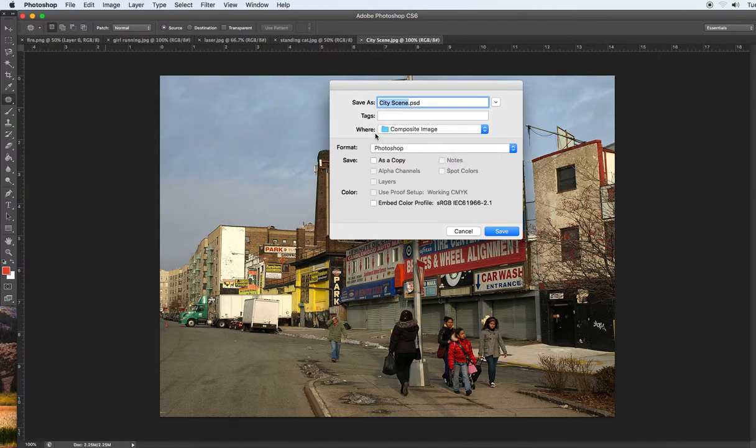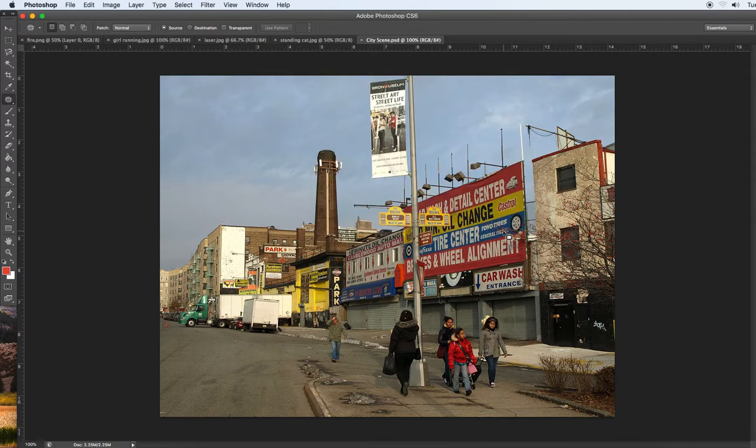Also be aware of where you're saving it to. I'm going to save mine to my composite image folder. You might just be saving yours to your desktop. So now I'm working on a PSD. So I have to have a vision of what I want my photograph to look like. So here I'm going to take a cat, and I'm going to put a giant mutant cat here in the